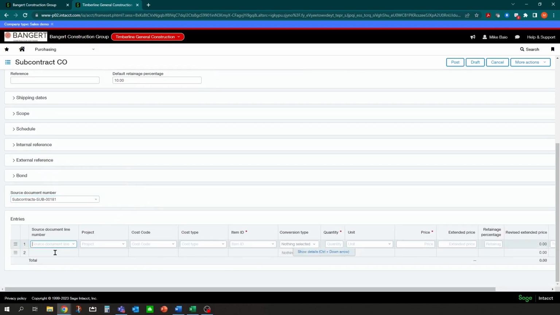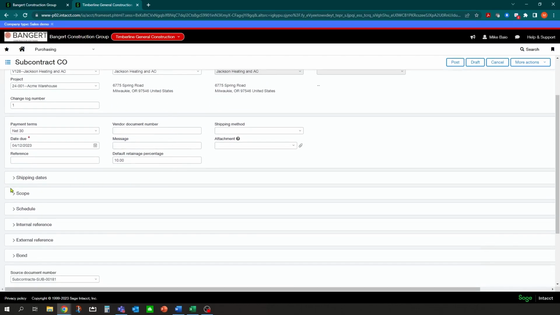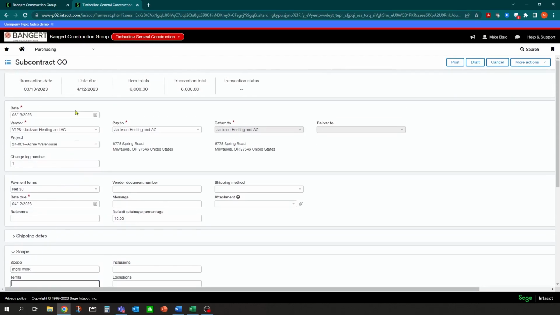And once you do that, now you have the ability to add to the existing subcontract line, or maybe they were doing some additional work and it's a new cost code. You can add a new line as well. So in this scenario, we'll say we're just going to add it to the existing line. It pre-fills all the information in. There's the original $80,000. And what you can do here is say we're going to do another $6,000 here. And I could have put in a better description in the system as well, as far as what type of scope of work they're doing. We'll just say more work, and it's change order number 1.